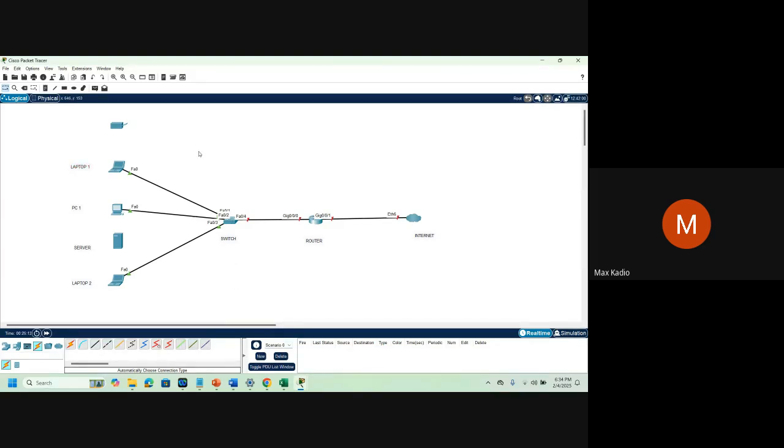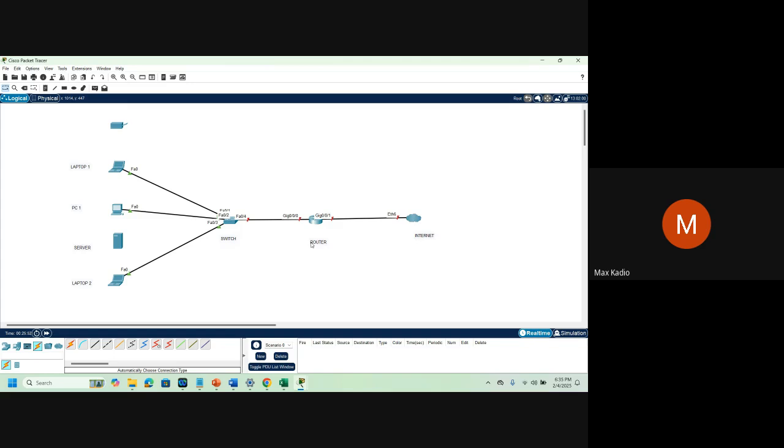So here is an example of a computer network, a basic one. If you go into a company, you see only PCs, laptops, people will just come, they sit, they start working. But in the background, it's our job. It's what we have to do. Make sure everything is well connected via cables. They're all well connected to the switch. You cannot go to the internet without a router. A router is a device that will allow you to go to the internet.